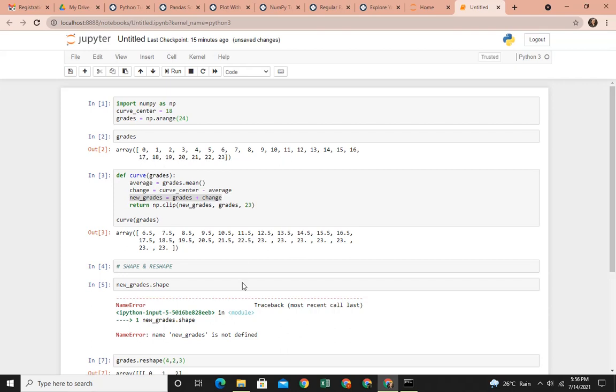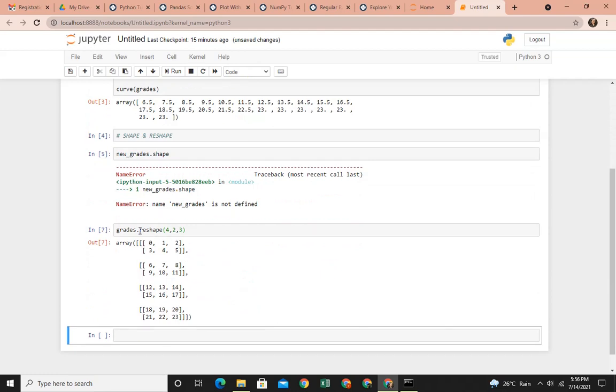If I want to reshape this such that I can break it down into multiple arrays, the function is reshape. So grades dot reshape 4. 4 is the number of planes, as in into how many arrays you want to divide it. And each plane will have 2 rows and 3 columns. As you can see, each plane, or each of these arrays, has 2 rows and 3 columns.